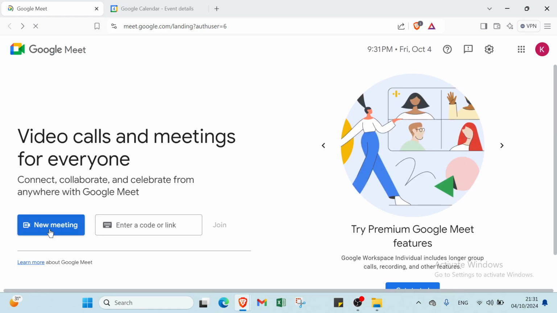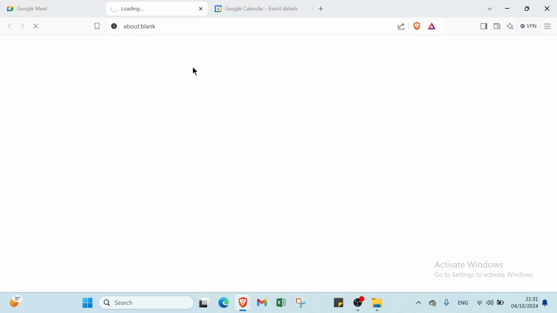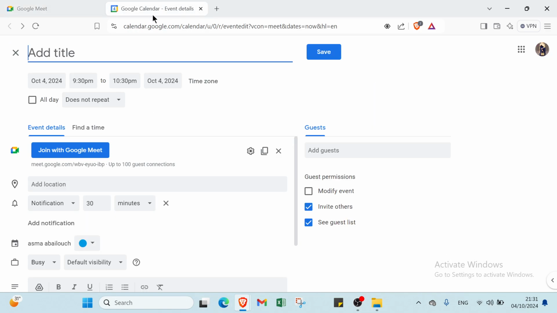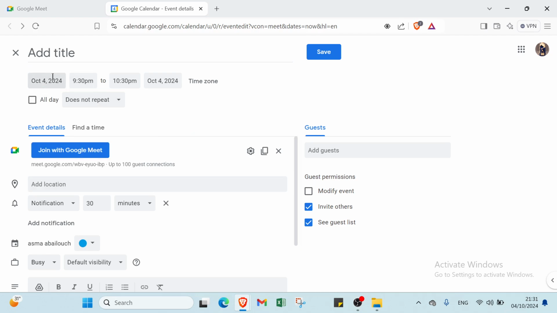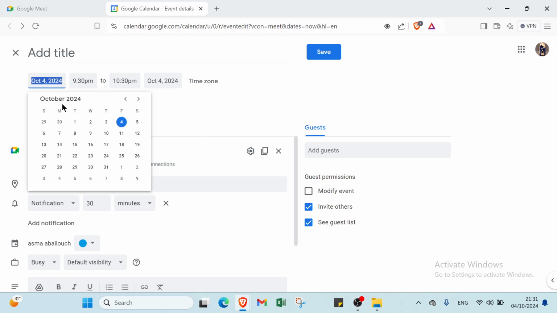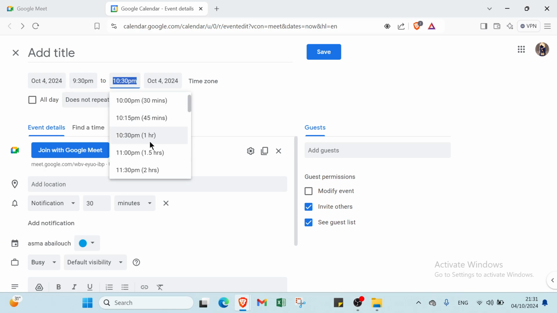Here we have also another option, which is schedule in Google Calendar. Once you click over it, you will find here this page. You can add a title and you select the time that you want. Here we have the day, October 2024. You can select also the time, and we have here also the time here again,